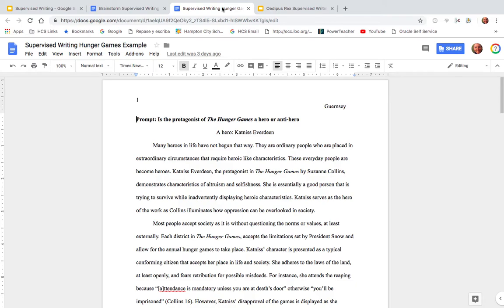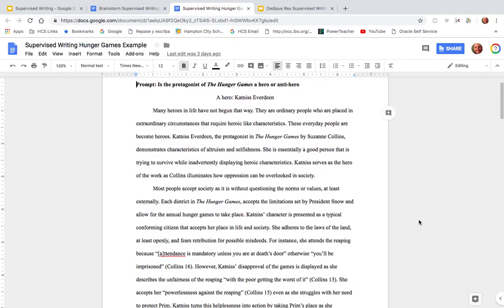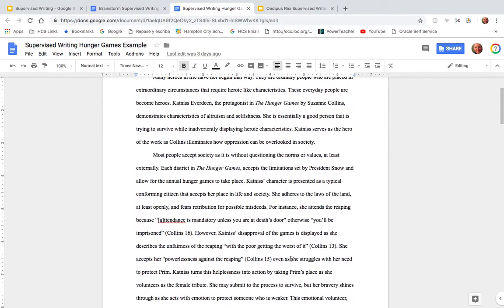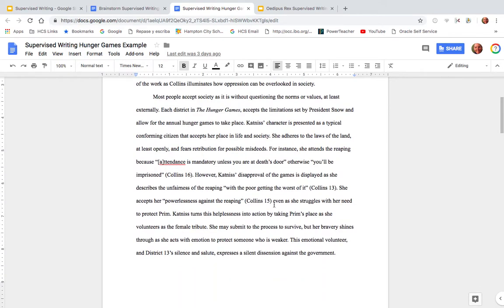So let's look for knowledge and understanding. If you read this, you can tell that the writer actually understands the work and has read it. So here, they talk about the character and how she feels about herself as well as society. As you read through this, you can tell that the person understands the work. The person doesn't summarize the work at all in here, but you can definitely tell that she can pick out different parts of it and show some understanding of it.